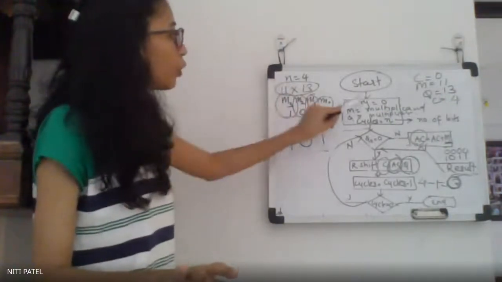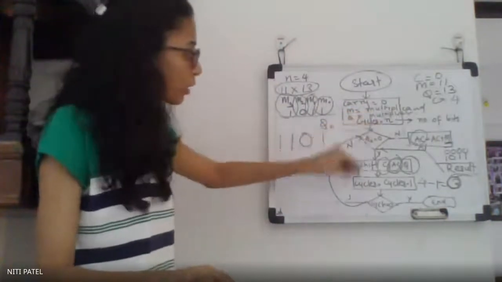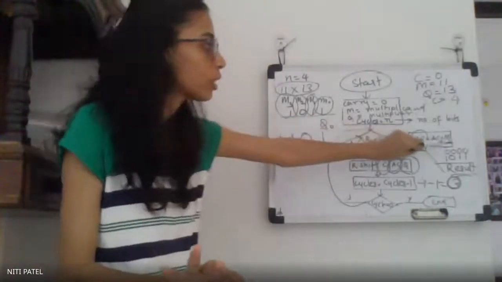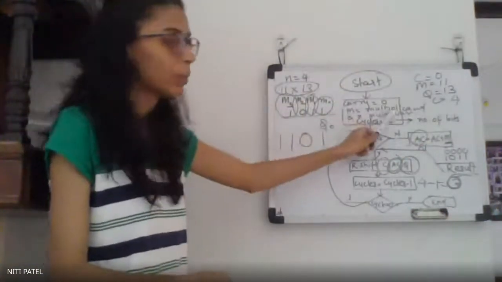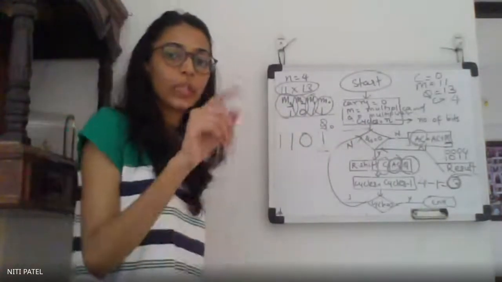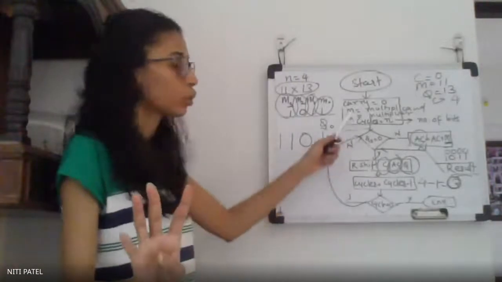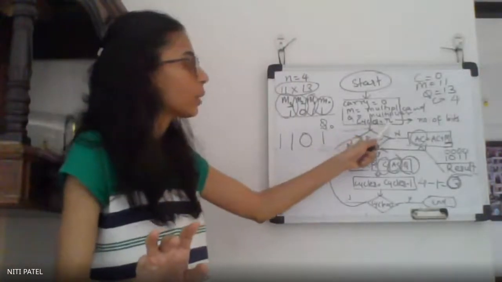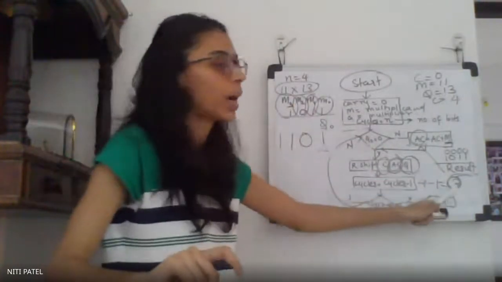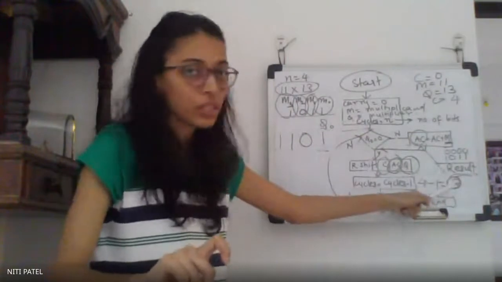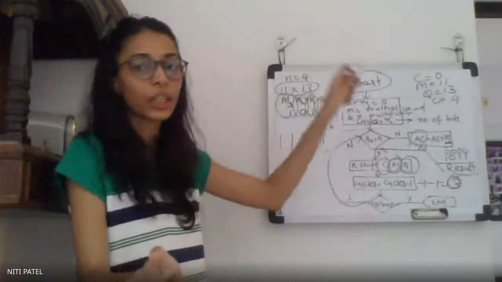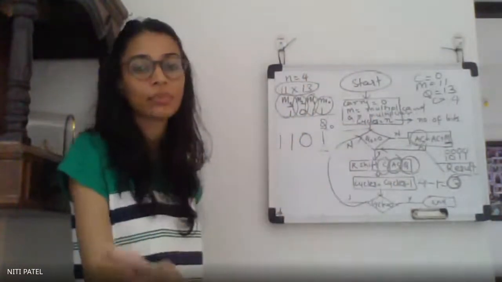Okay. Then your carry will be initially 0. As you keep on processing, your carry might change or it might remain 0 only, depending upon this addition. Your multiplicand will be the first number, which is M0, M1, M2, M3. Multiplier will be Q, denoted as Q0, Q1, Q2, and Q3. Your cycles will be the number of bits, and you have to keep on doing this algorithm till your cycle becomes 0. Once your cycle becomes 0, whatever answer you have in your accumulator and whatever answer you get in your Q is considered to be the final result.